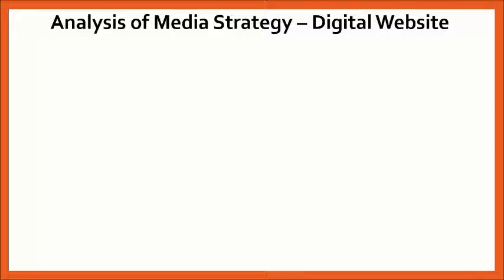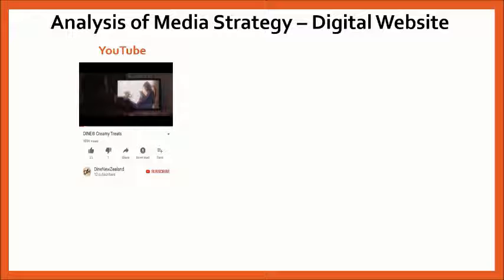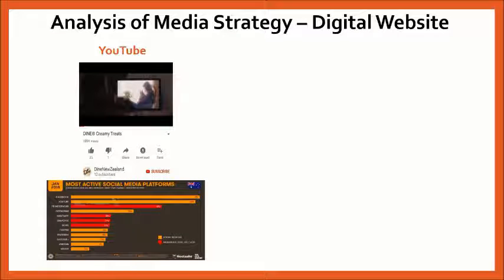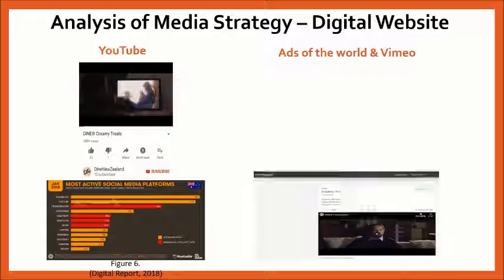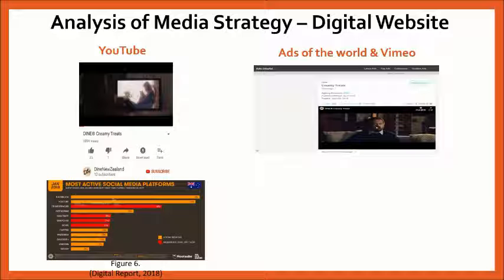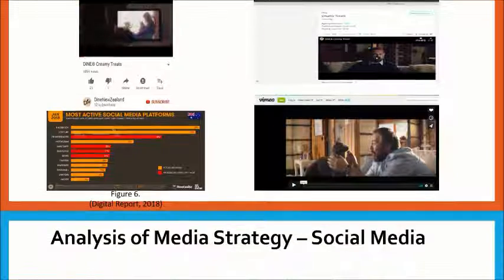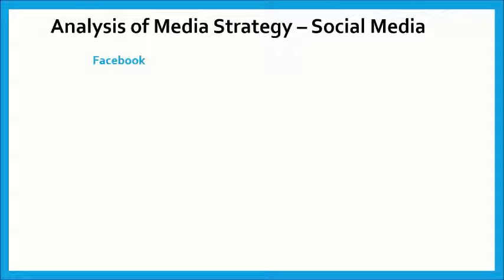Next is digital websites. YouTube is the most frequently used digital website in Australia. This is a benefit for DINE since they can reach more of the market, and there are 109k reviews. Second is Google Ads and Vivo, a free advertising platform for them to share their campaign. However, it only had around 900 people viewed, and it's difficult for them to analyze whether they are the target audience or not. Last is social media.